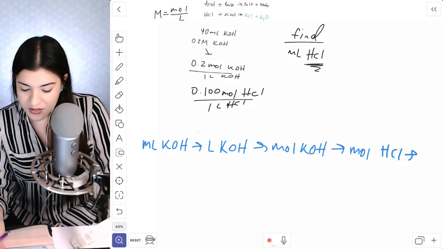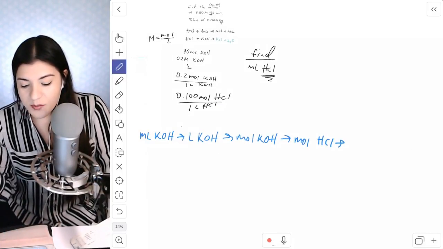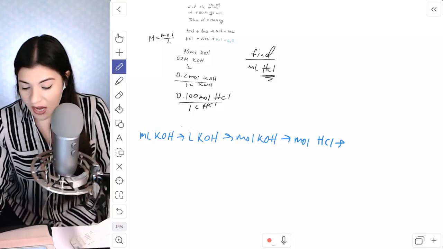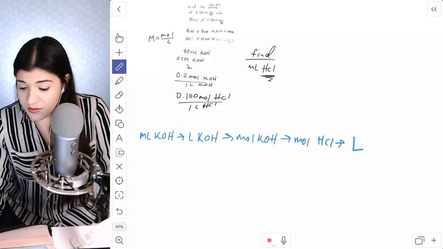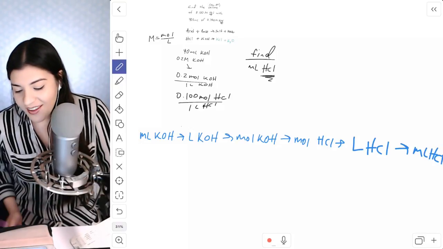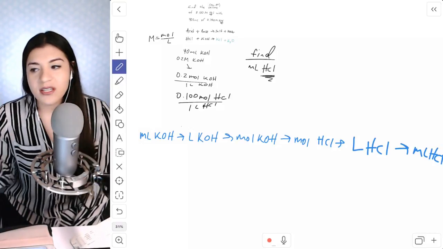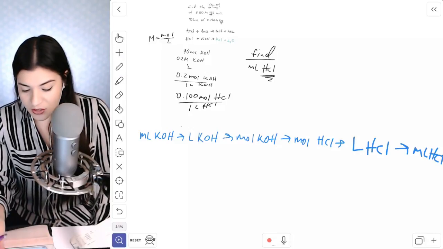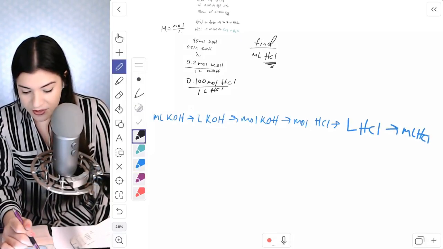Then lastly, using the molarity that was provided of HCl, I would change this to liters of HCl and then convert it back down to milliliters of HCl. Okay, so that's the whole process. That's what we're going to do. So then I'm going to start off with the 40 milliliters